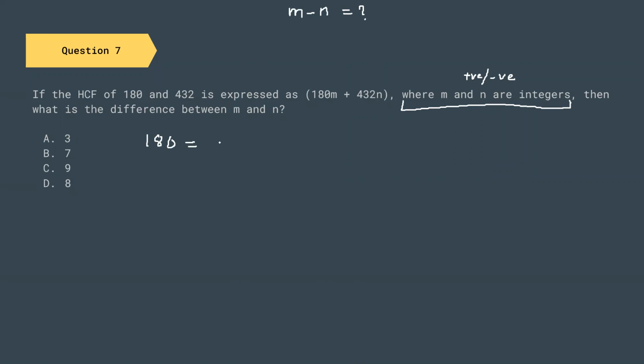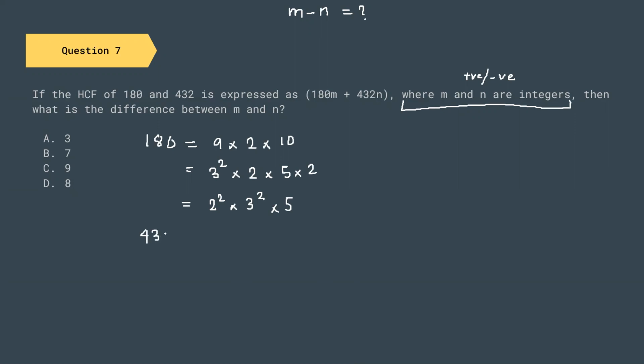So the prime factorization of 180 starts with me writing 9 cross 2 into 10. 9 can be written as 3 square, 2 can be written as 2, and 10 can be written as 5 into 2. So this gives us 2 square into 3 square into 5. This is the prime factorization of 180. So now let us check